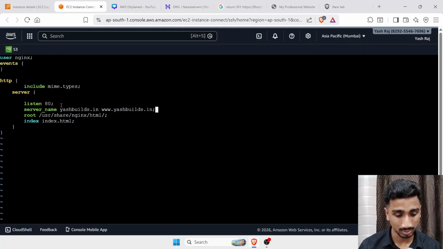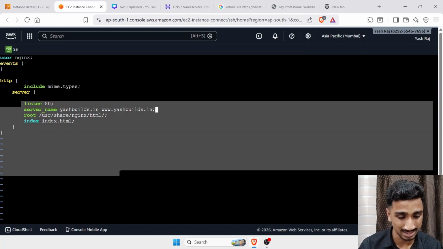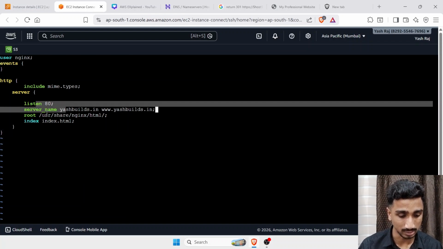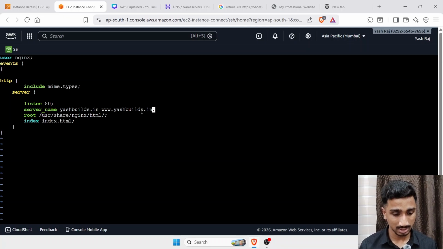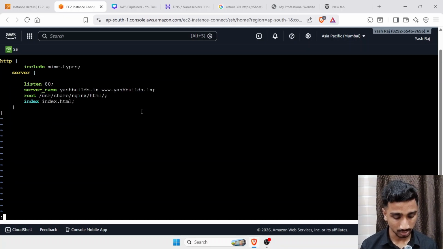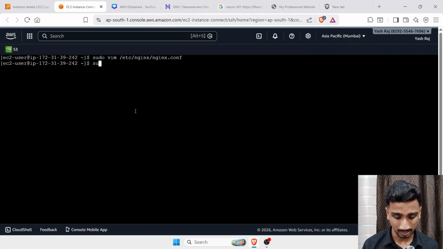Before that, I want to tell you that you should write server name just below the listen line, which is very important. So I'm going to click ESC and :wq, which means save and exit, and I run this command now,